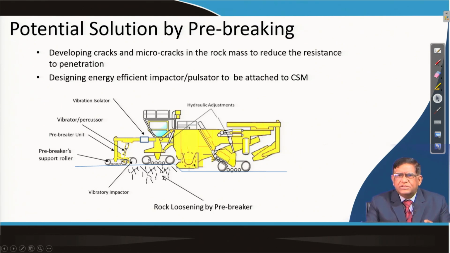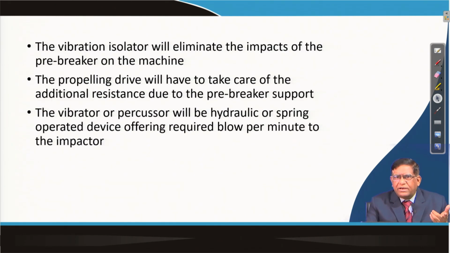Today this machine is mainly being used with coal. Some attempts are going on in the overburden also, but the economics of that are yet to be proved. So, please think of your innovative idea on how you can do it. What I have shown here is that if we want a vibrating impactor over there, you will have to isolate that vibration from the main machine. How will you design that?